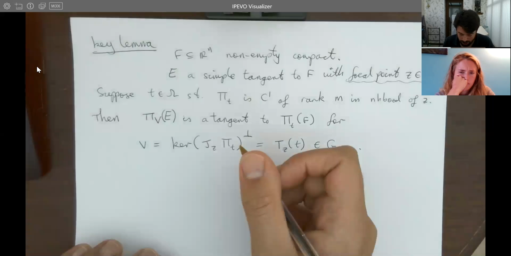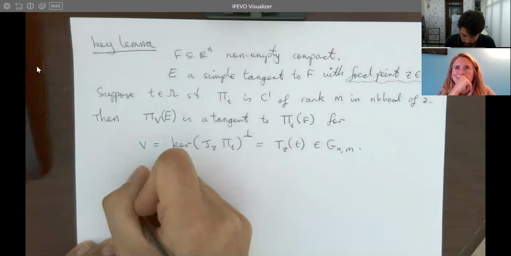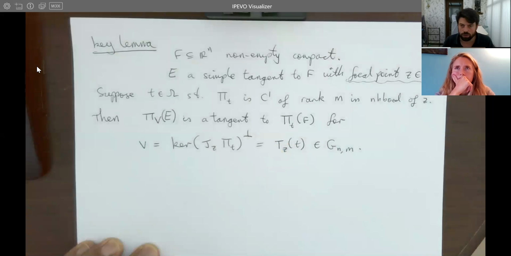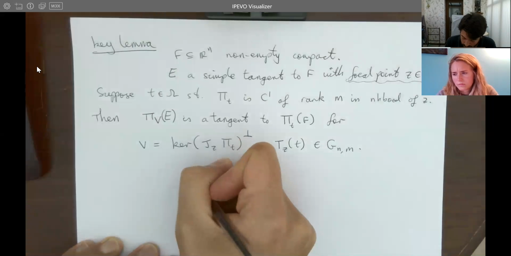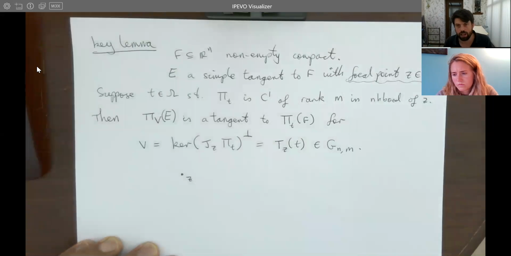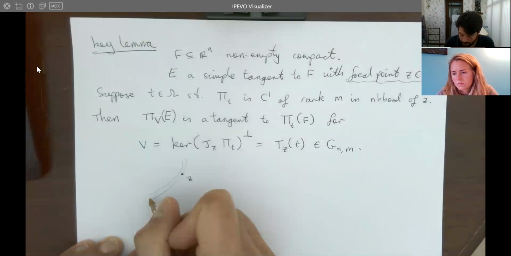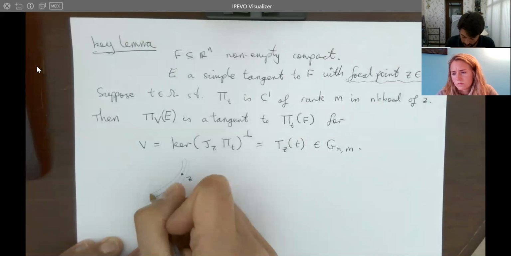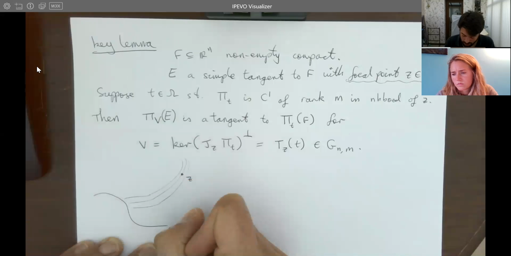So, okay, I want to draw a little picture. Let's suppose we're in R2 and we've got rank 1 maps. So these guys are going to move along one-dimensional fibers. So the fibers are going to be one-dimensional manifolds. So maybe here is Z. So this is the focal point of the tangent E. The fibers of the map pi t are nonlinear, right? They don't have to be lines, and they're mapping onto some